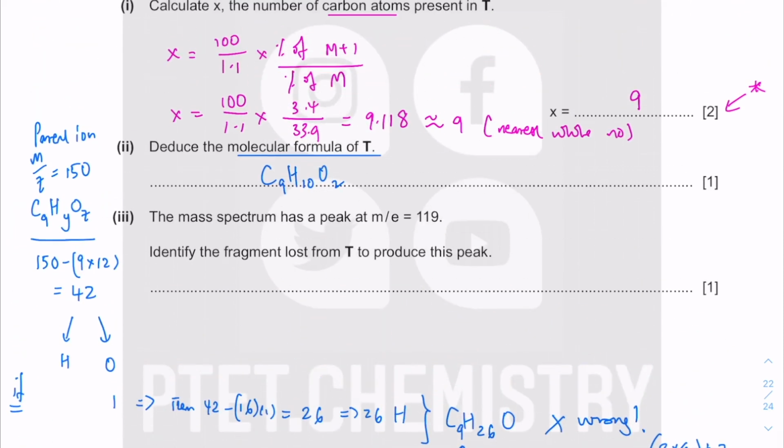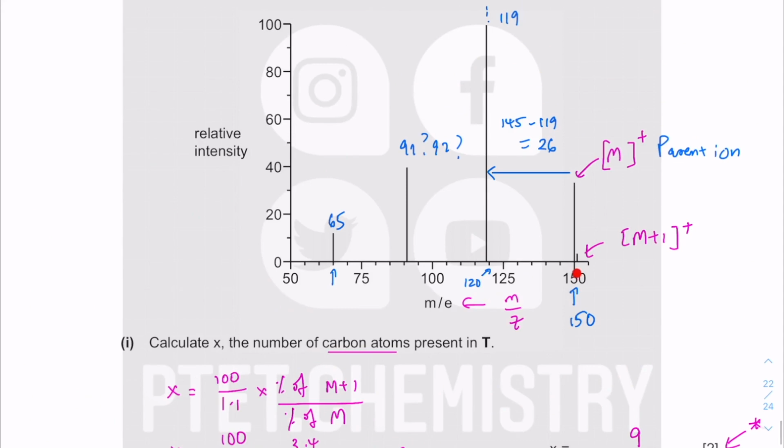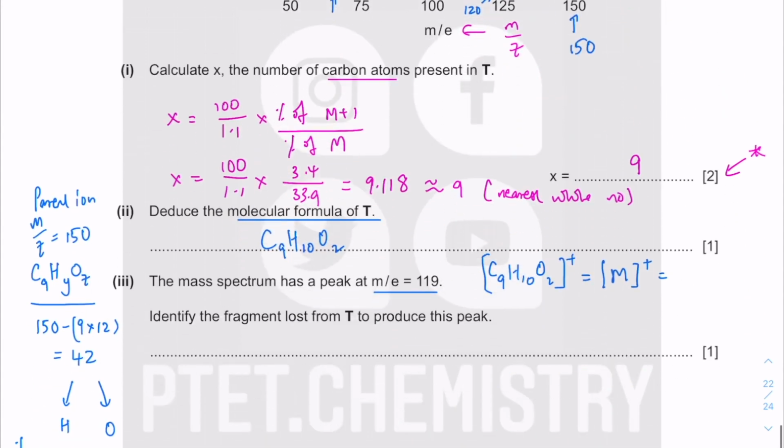Anyway, part 3: the mass spectrum has a peak of 119 mass over charge ratio. Identify the fragment lost from T to produce this peak. So C9H10O2 is going to be, remember, everything in the mass spec is plus 1, so that is equal to the molecular ion peak that was at 150. So 150 minus 119